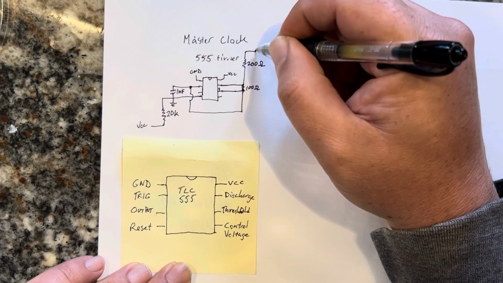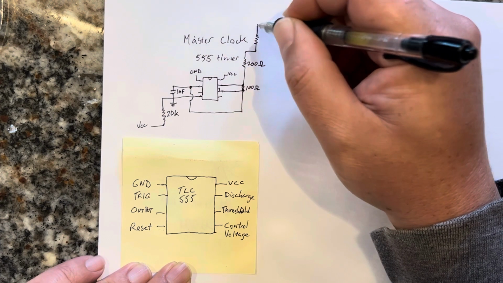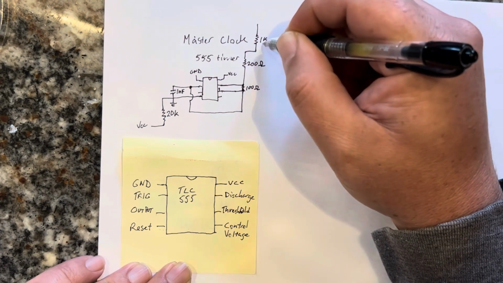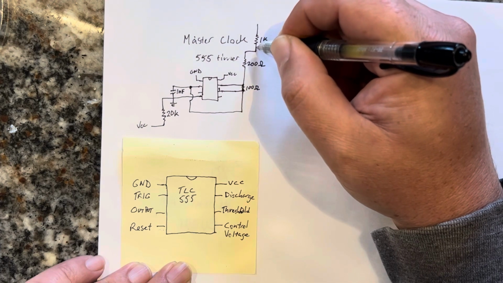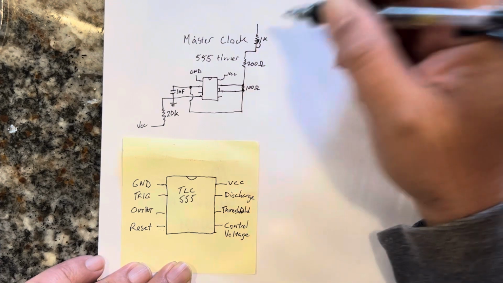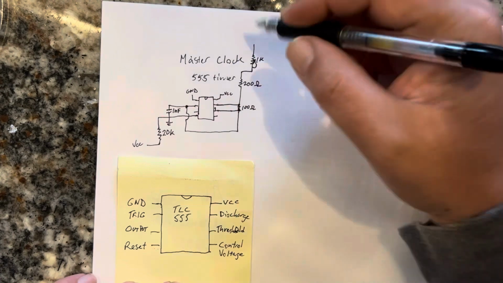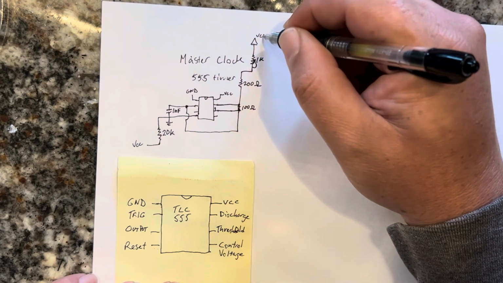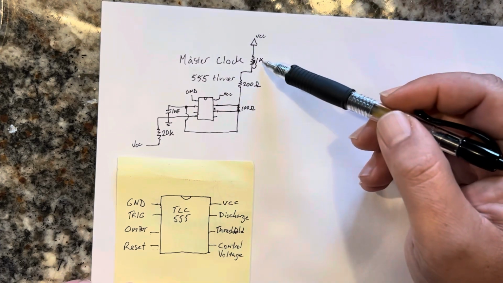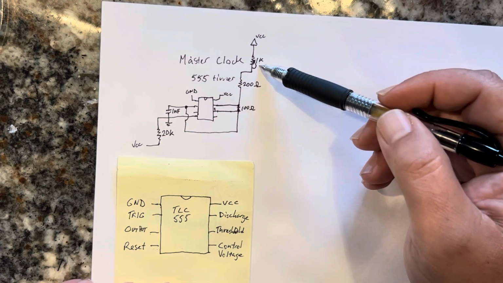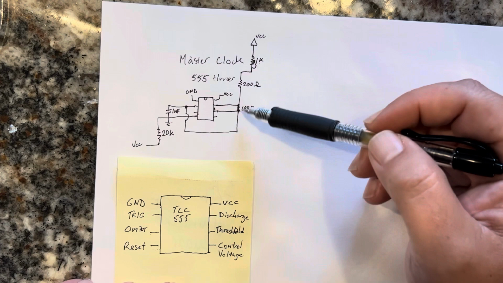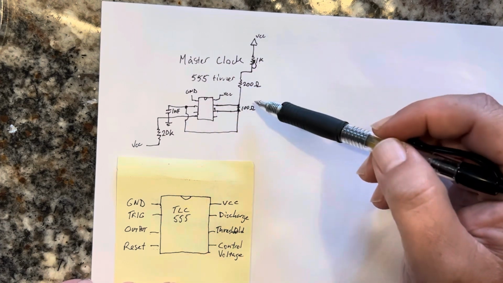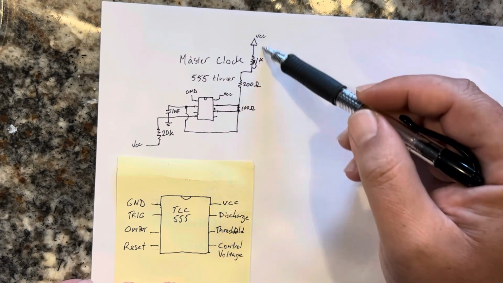And I also added a 1K potentiometer, and this all goes to VCC, such that I would be able to adjust the timing, make fine tuning of the timing here. But if you just put